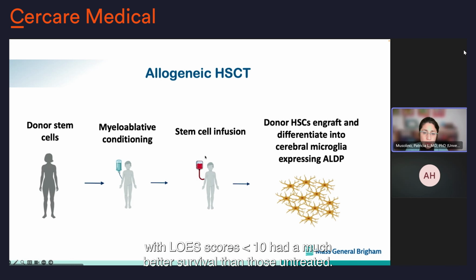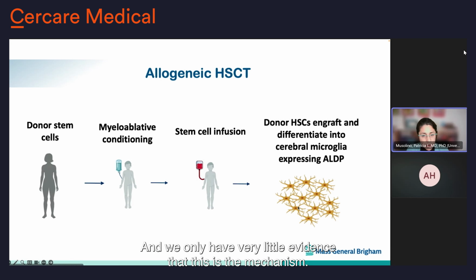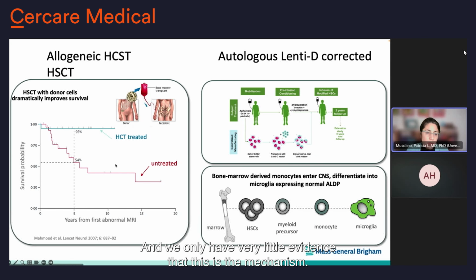We knew from compassionate use of bone marrow transplant that patients treated with low scores, less than 10, had a much better survival than those untreated. And this is kind of the mechanism that we hypothesize. It's still at the hypothesis level, and we only have very little evidence that this is the mechanism,